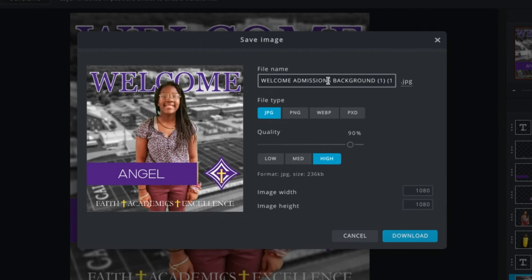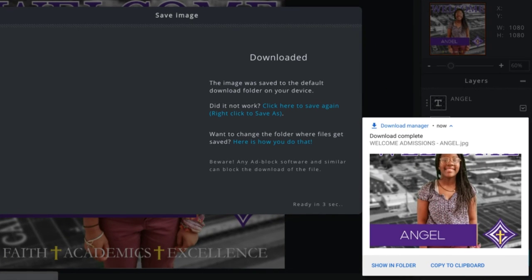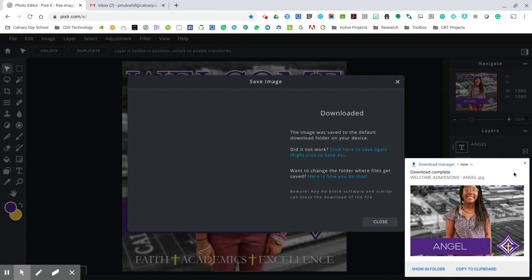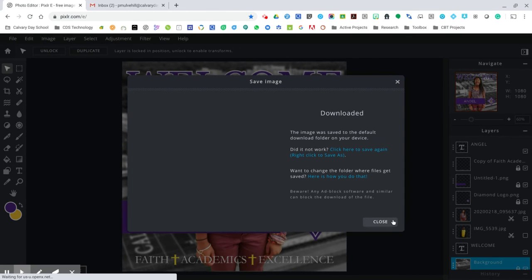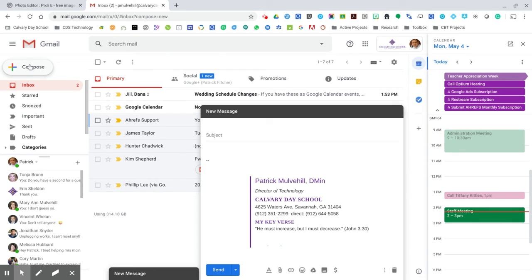Whatever naming convention you want to use here is fine. And then I'm going to leave it as a JPEG, and all of the other settings just leave as default. And then click the download button. When I do this, it's going to download to my downloads folder, whether on my Chromebox or Chromebook or PC, doesn't matter. I can close these and then jump over to my email,